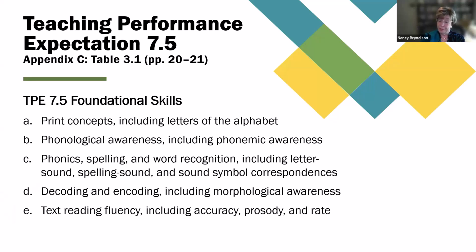Moving along then, with all of those resources in hand, you should be well prepared to complete the narrative and turn your attention to the table 3.1 for foundational skills. My personal recommendation is that you do the narrative first and the big picture, then move to this specific table. And then when you finish this, maybe move back to your narrative to see if there's anything else you need to add. The table 3.1 is divided into 9 rows that echo what we just went over with regard to